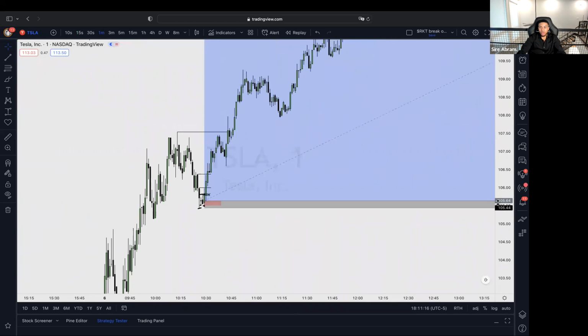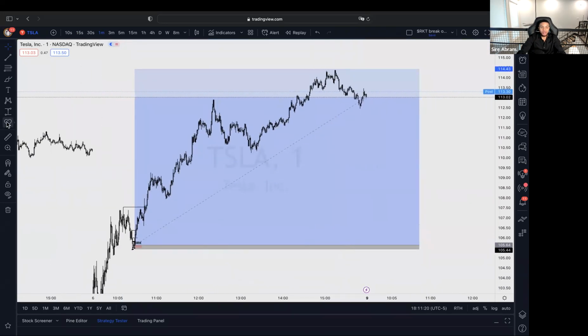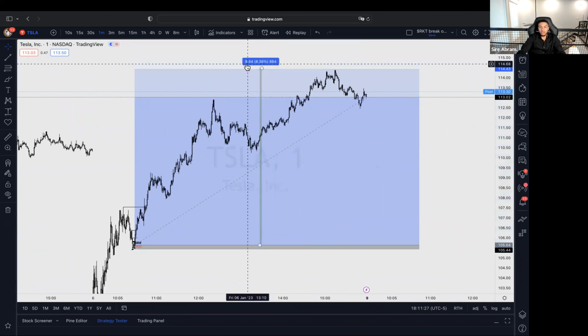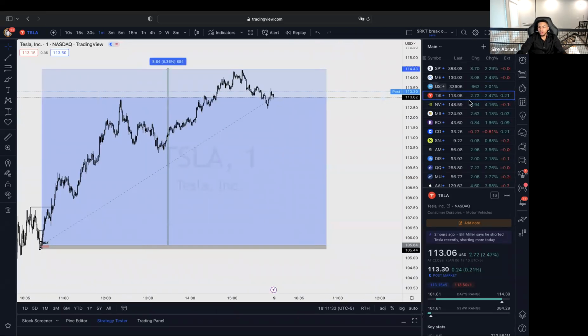And if we switch to a 1 minute time frame, you can see here, Tesla was not playing games today. And this was a great trade to the upside. So from 105 all the way up to 114, $8.84. Simply just on the few trades we went over today so far, Tesla, Facebook, SPY.